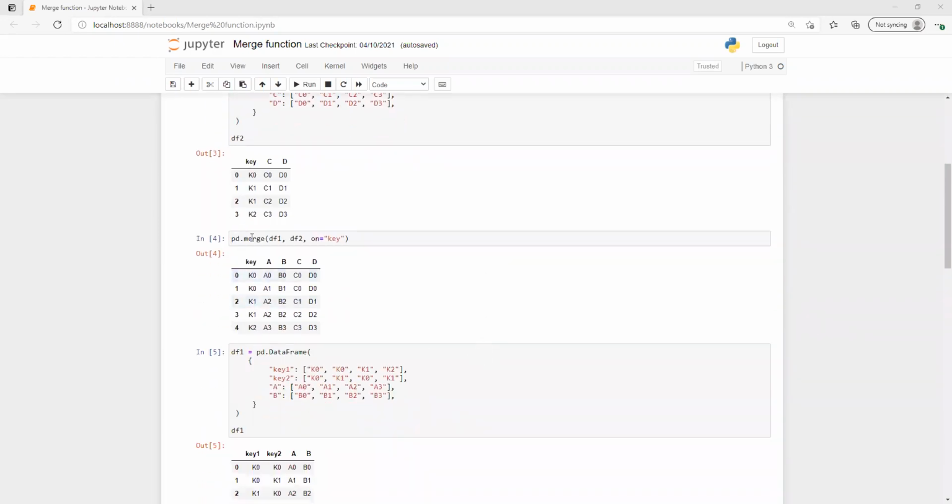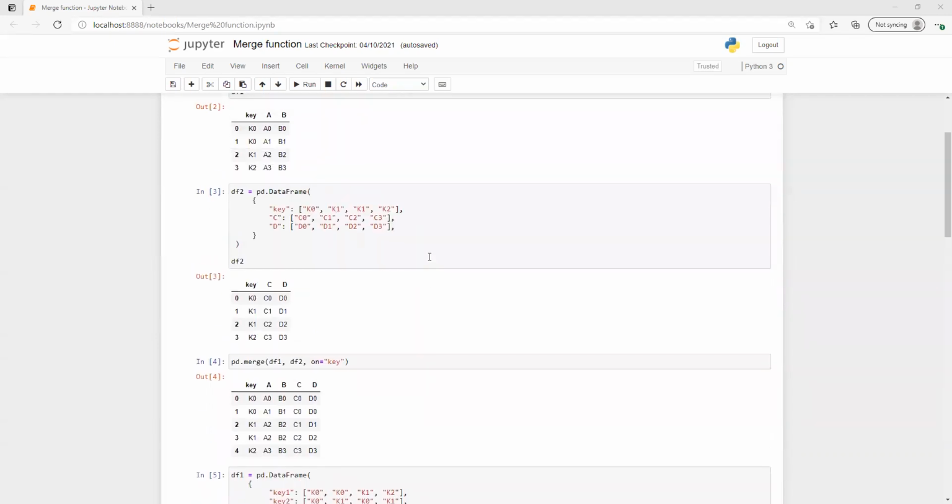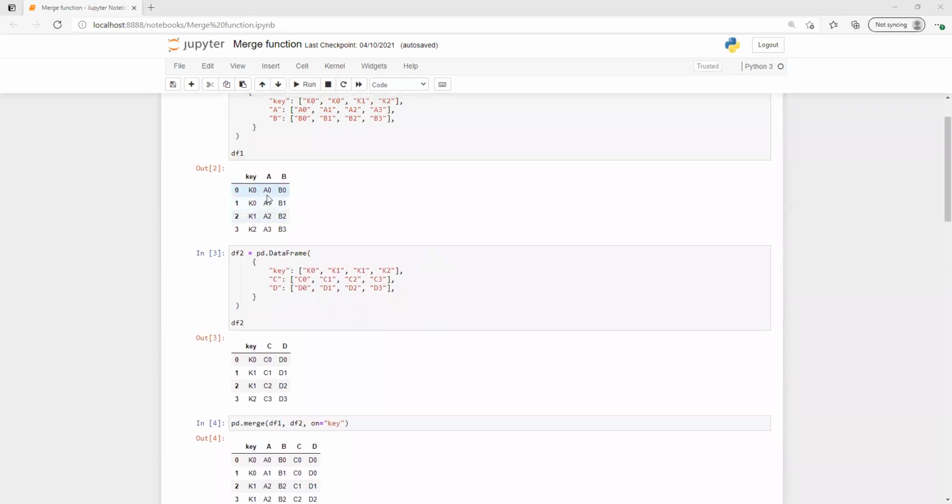Now if we put pd.merge of df1 and df2 on key, with the on keyword specifying on which column we're going to merge, I put that on key. If we can see here, df1 and df2, we have k0, so there will be one row corresponding to k0 with this one.